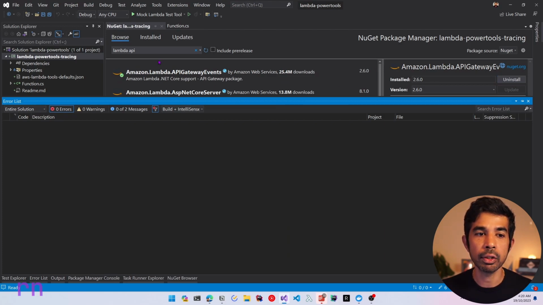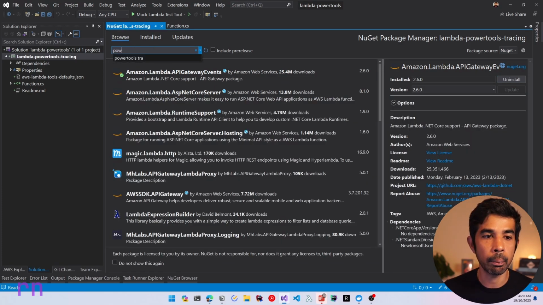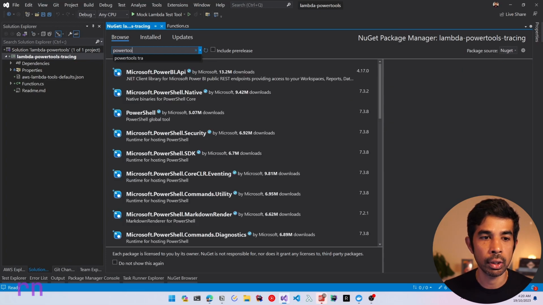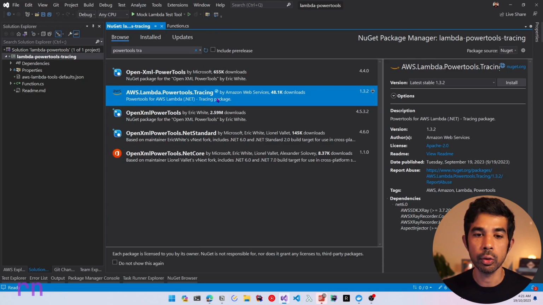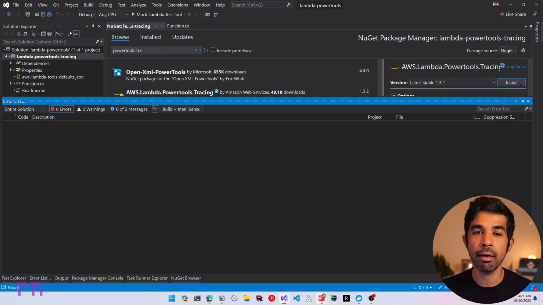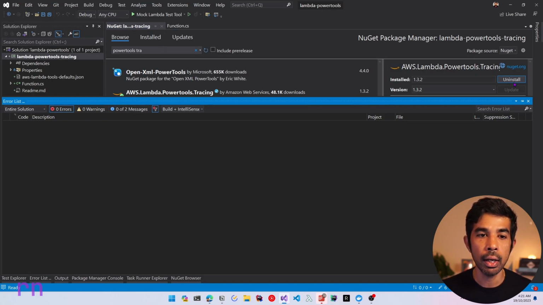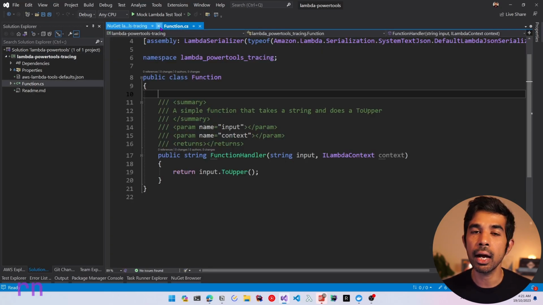Now to install the Powertools Lambda, let's search for Powertools Tracing. Here we have the AWS.Lambda.Powertools.Tracing NuGet package. So let's add that as well. Once we have these three NuGet packages installed, let's come back to our function class and start using this